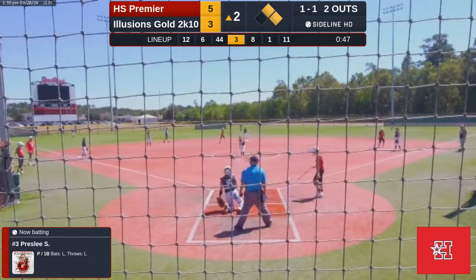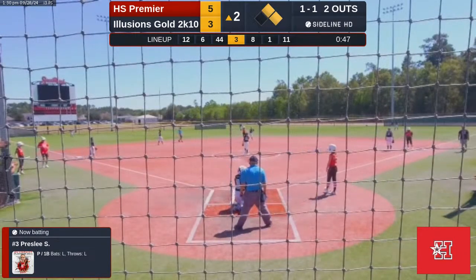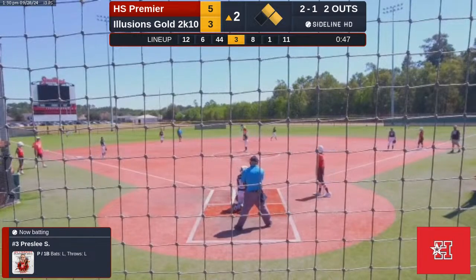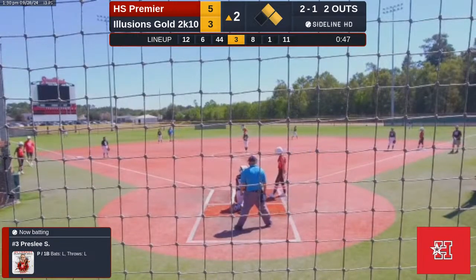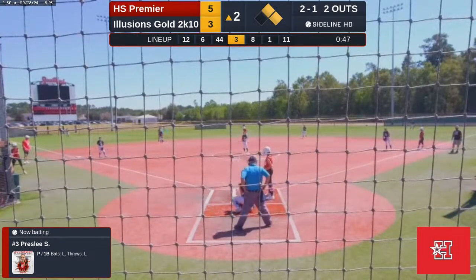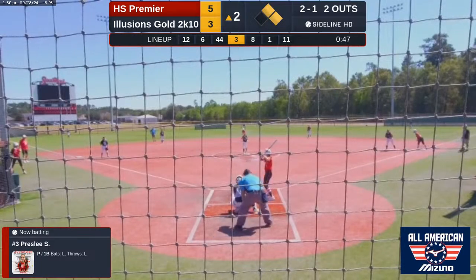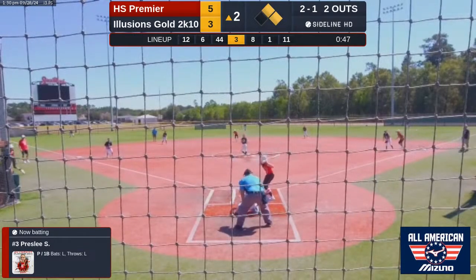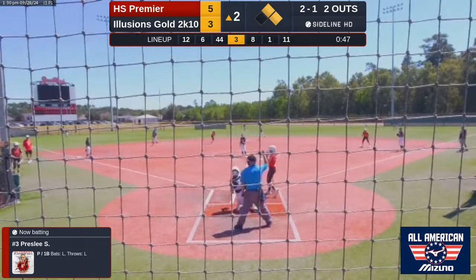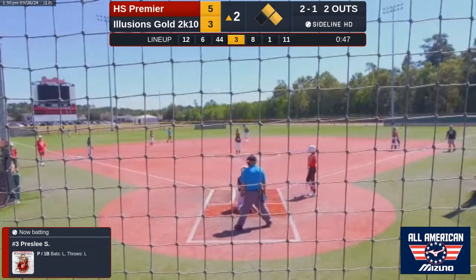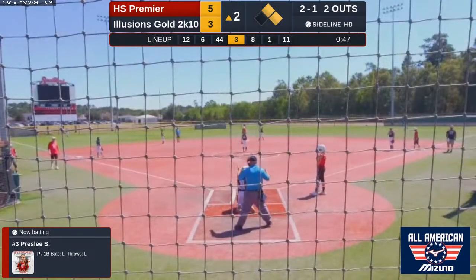Pitch is just down. 2 balls and a strike. Away, a swing and a miss. 2 balls, 2 strikes.